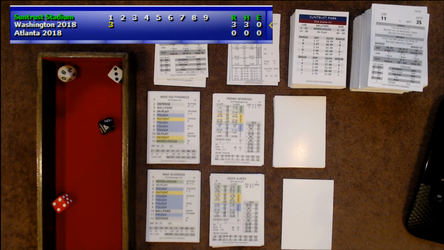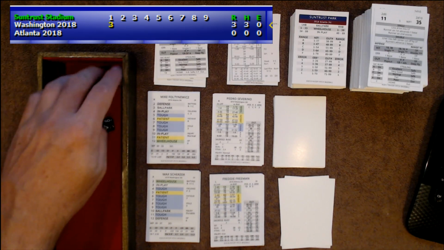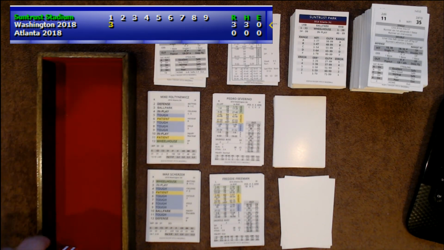That's going to be a 7. Tough 48, and 43 to 46 would have been a single. 48 is out of range. That's going to be ground ball back to Scherzer. He's going to pick it up, throw it over to first in time. That brings up Freddie Freeman, 2 away here. We're in the bottom of the first inning, 3-0 Nats.